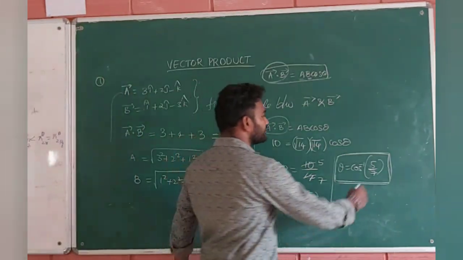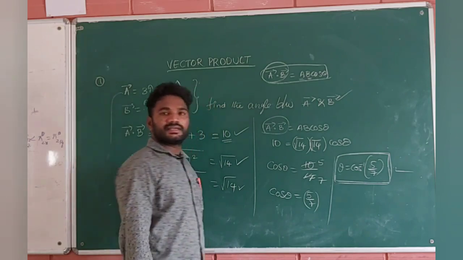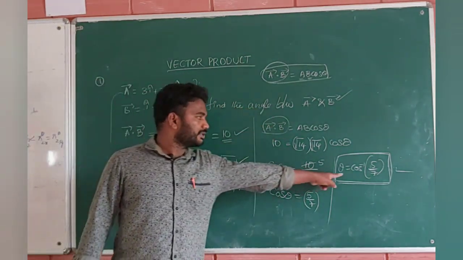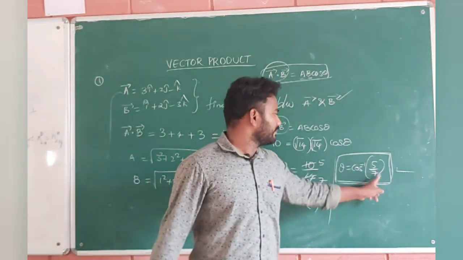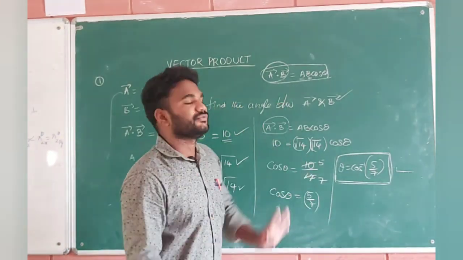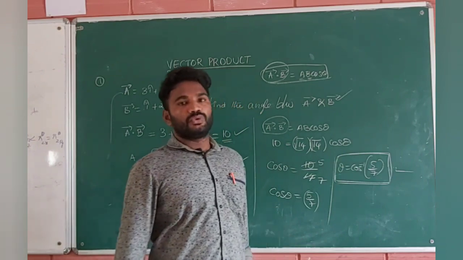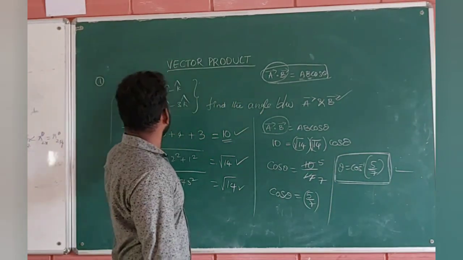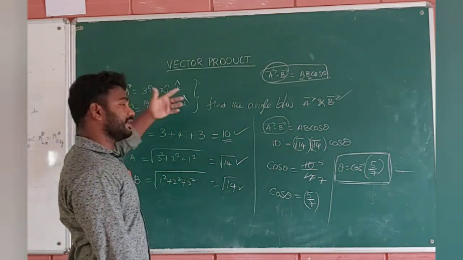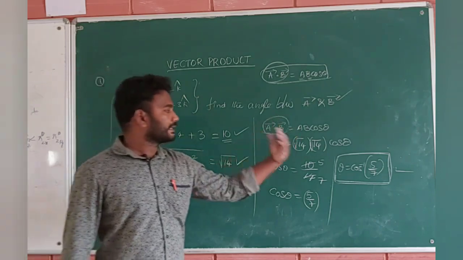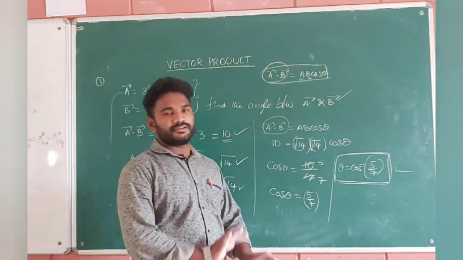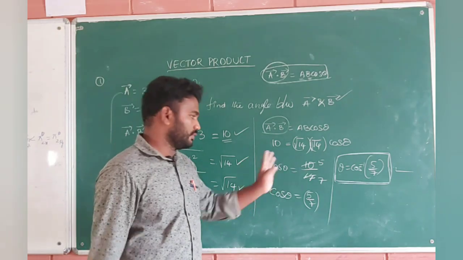So our task has been completed. That is the task they are asking. A bar dot B bar, the angle between A bar and B bar, theta is equal to cos inverse of 5 by 7, is the right answer. This is how we have to do the problems when they ask to find the angle between two vectors. So you can take plenty of examples for this. A bar you can take something, B bar you can take something. Practice how to find the angle between them, guys. Definitely it will be a good practice for you all.